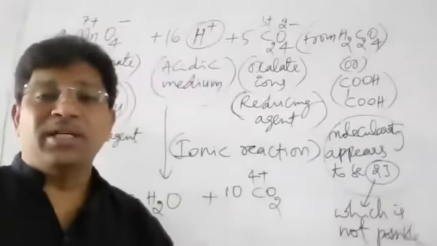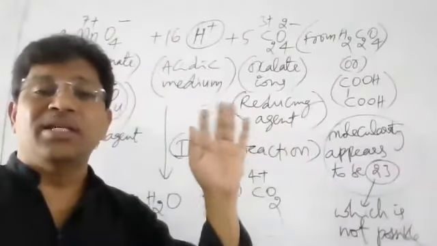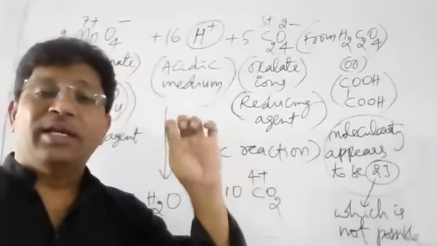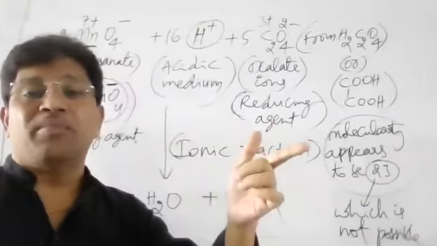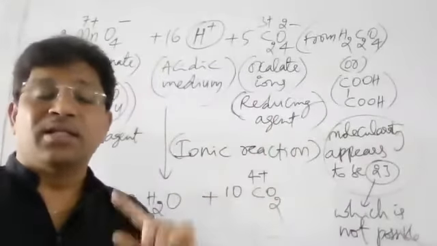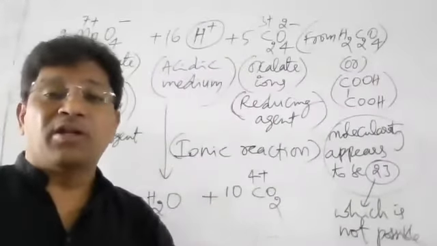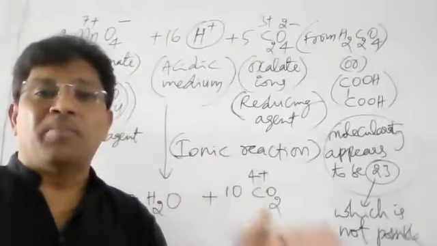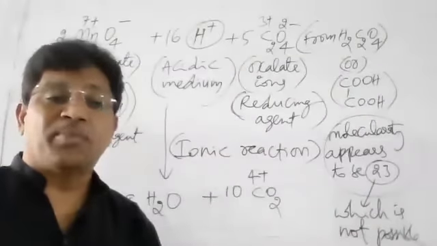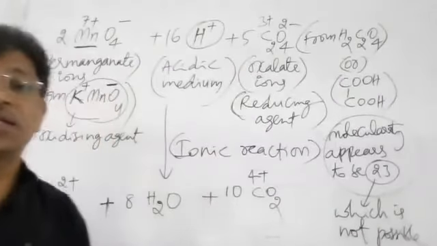Remember that there are many steps in this ionic reaction. In every step there will be a molecularity, meaning for every step we have to state the molecularity. But the molecularity of the total overall complex reaction is meaningless. That is the point we have to understand. Let's take the screenshot now.